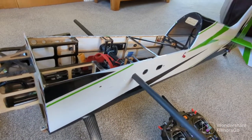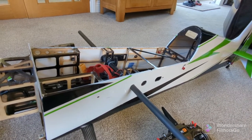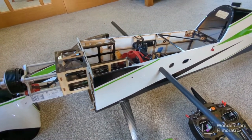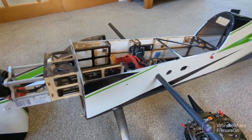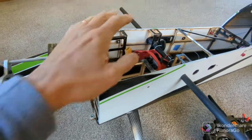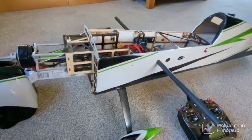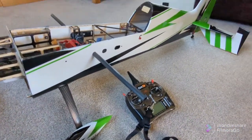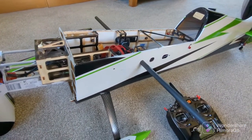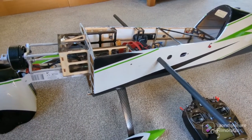breakages through dead sticks, unfortunately, because they were low down, and where I fly I haven't got a massive amount of room to land, so you were landing in cow fields, unfortunately, which just rips that off, which in turn rips all that out. But the best thing is I've come out of it from the other end. I nearly packed the hobby in. I thought it got the better of me, but after I think 4 dead sticks, 2 fires,